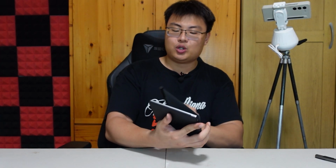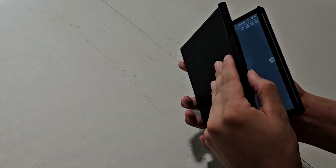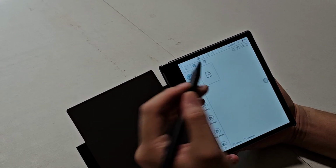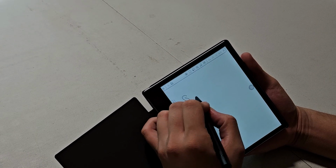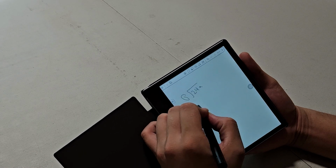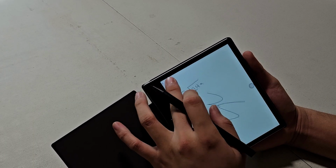So you just open it up, alright, and it also detects. So when you close it, it will shut off the screen. So it's really cool. This thing works really well with it. So it auto detects it. Once you open up, let's take out your pen, alright, and start taking down your notes for school. Okay, so you can draw the equation. Okay, square root 2 4a. You can just do everything. You can just draw everything. Okay, so